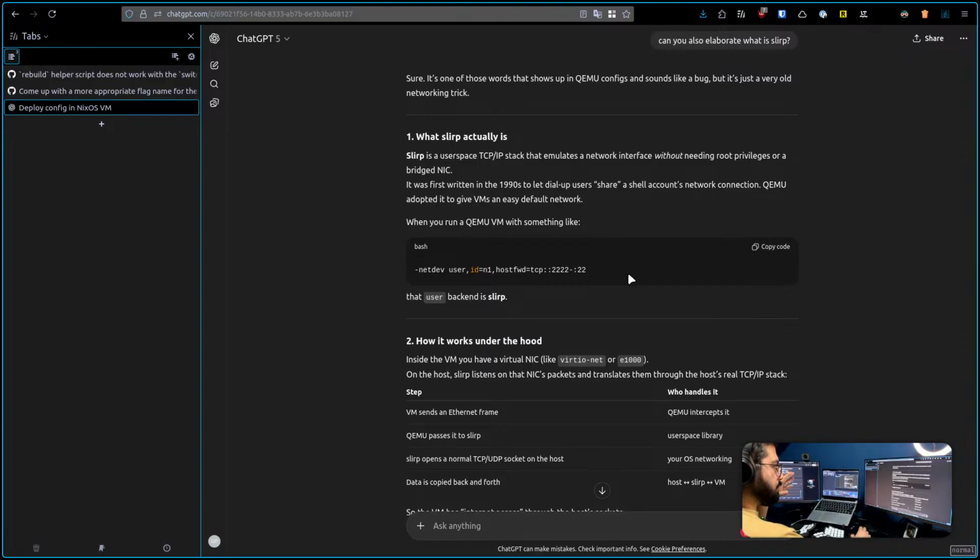Of course, it's also possible to set up a proper TCP/IP stack on QEMU, but apparently for simplicity they decided to use this configuration, and this is adding some sort of lag. And to solve that,